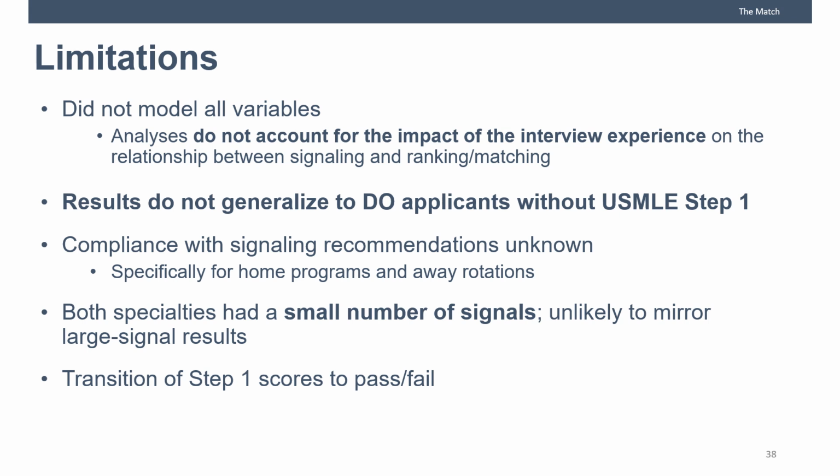When drawing conclusions from this study, it's important to consider the limitations. First, we cannot account for all the possible variables influential to the residency selection process. For example, we did not include interview data, which can moderate the relationship between signals and other residency outcomes based on how an applicant performs. There are other data we know are conceptually relevant, but we don't have access to, such as data on home program or away rotations. Furthermore, there are additional data points of interest we have access to, such as other demographic characteristics, but are unable to include in our statistical models due to sample size concerns.